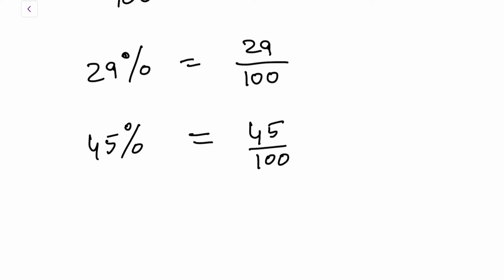Alright, and it's better to always remember to reduce it into its simplest form. So what is the simplest form? You can see that you can divide both by 5. 5 is the HCF, so 5 9s are 45 and 5 20s are 100, so 9 by 20. Very good. So this is how you can write a fraction as a percent, and you can also write a percent as a fraction.